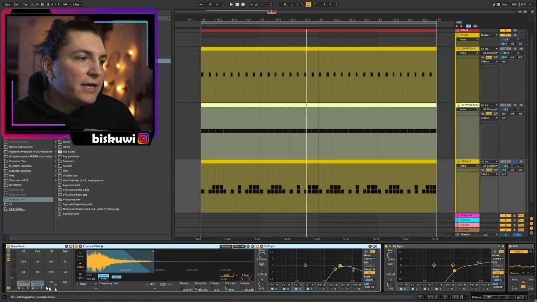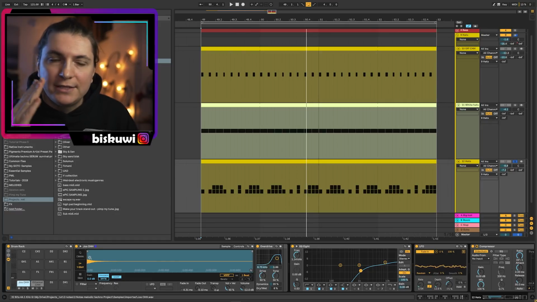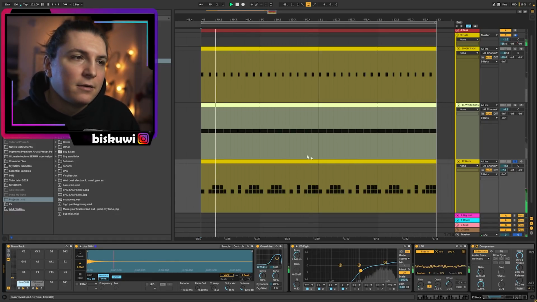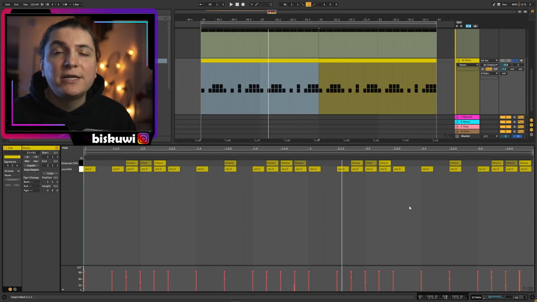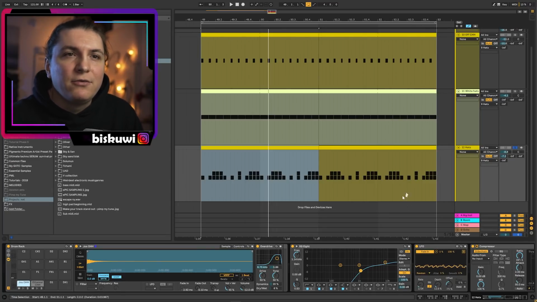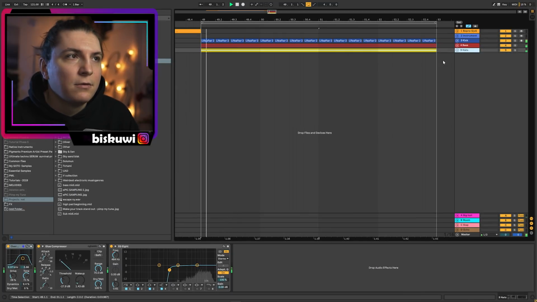The main reason it sounds like this is that we have 2 different layers, and on the layers we have these LFOs that just randomly change the attack of the sound, so every hit is slightly different. And on top of that, you see that we change the groove slightly all the time, so this creates this kind of randomness in the hats. And together,